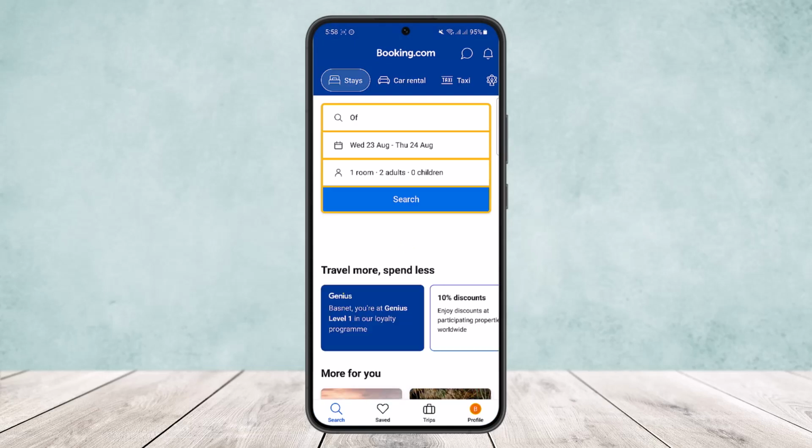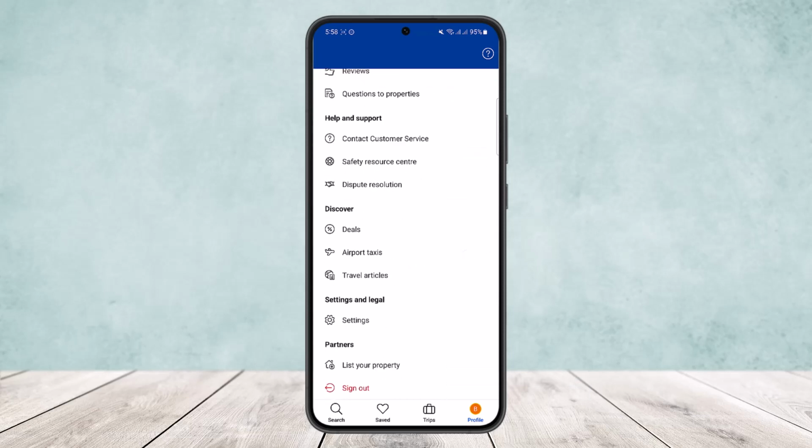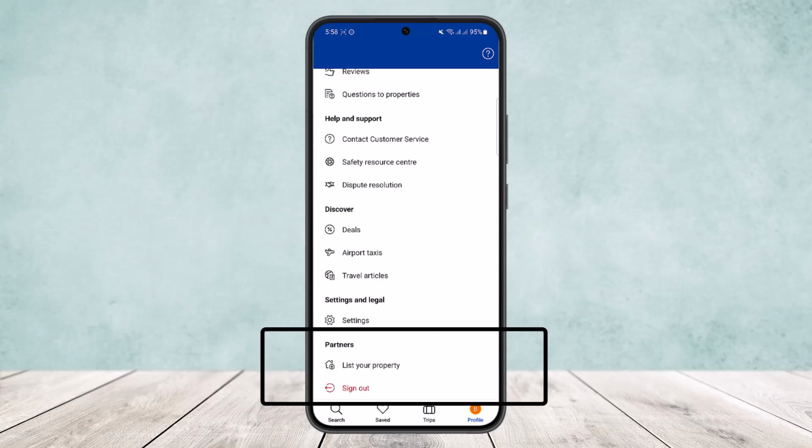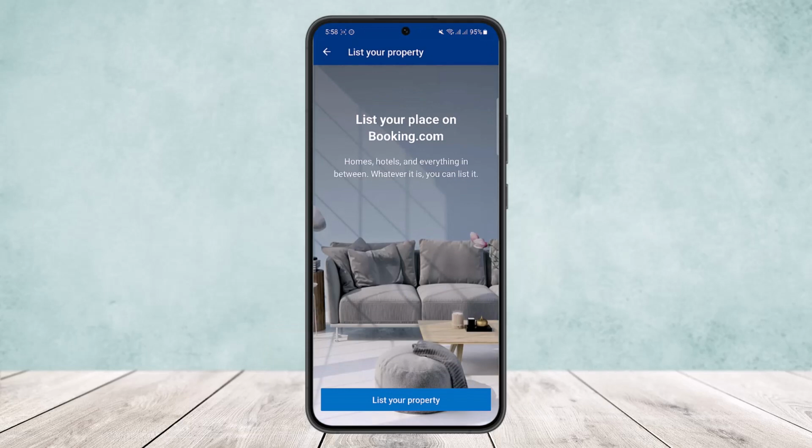Now at the very bottom you can see 4 different options: search, saved, trips and profile. You want to simply tap on the profile option at the bottom right corner, and once you do so you'll get an interface like this. Now here on this page, if you scroll all the way down below, you can see the option under partners, list your property, above the sign out option. Simply tap on the list your property option and you'll get an interface like this: